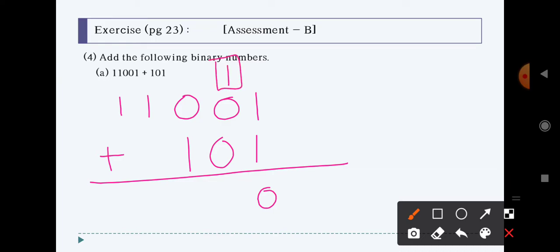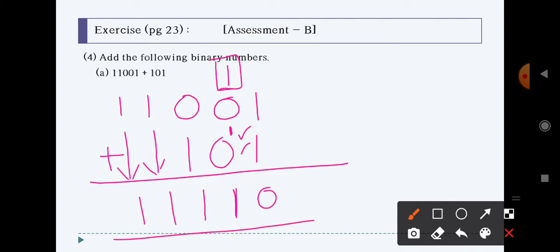After that, when you have more than two numbers, you make a pair of 2. So firstly solve this 1 and 0. So 1 plus 0 is going to give you 1, right? Then this 1 and this 0 is going to give you 1 again. After that we are on this one. So 0 plus 1 is going to give you 1. Then we are having nothing over here, so just drag this one downward, again just drag this one downwards. Okay, so this is how you are going to do the addition part.